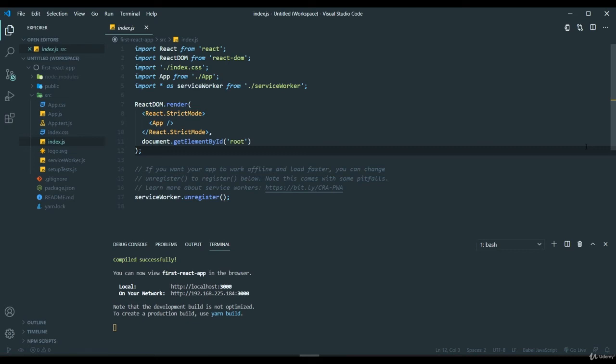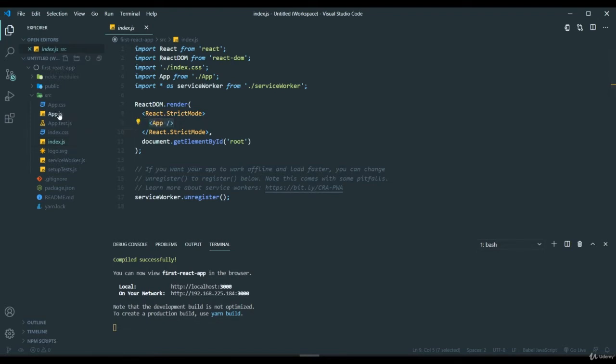Now let me see what a JSX file is. I hope in the last lesson I didn't confuse you too much, so let me clear all the things up. JSX is nothing but a JavaScript XML file. Generally, JSX works like a combination of JavaScript and HTML tags. Here you can see there is a user-defined tag called app, which has been used here. Let me explain how this app tag works.